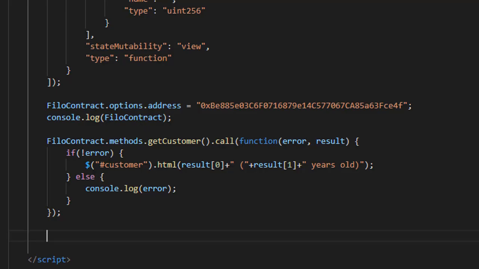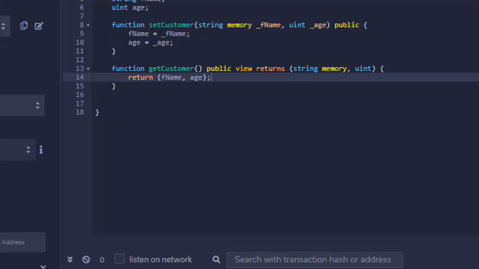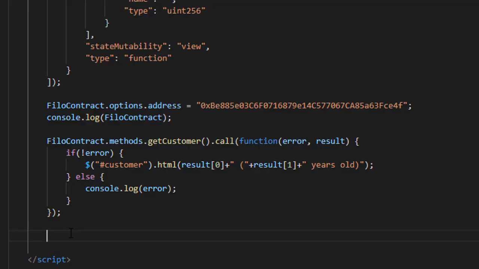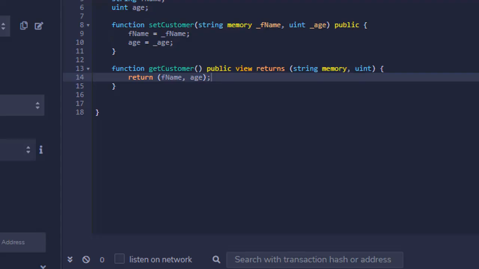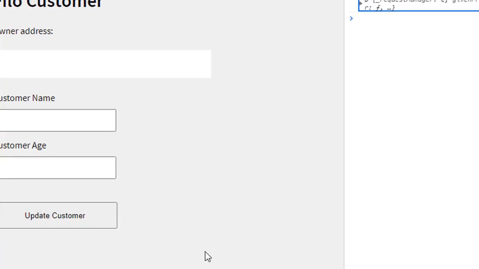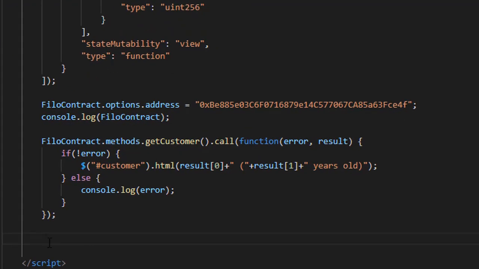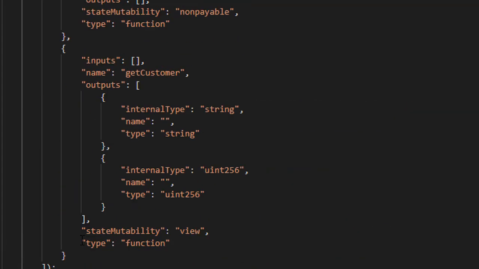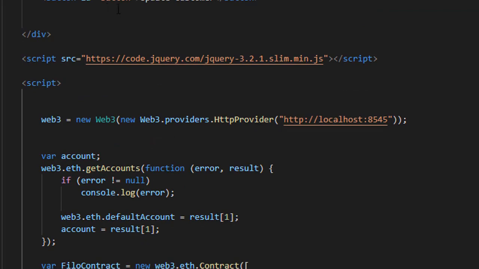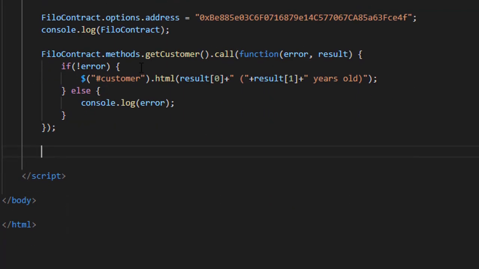Next we are going to add the method to set the customer. For doing that, whenever we click this update customer button, it will set the customer. So for that we are going to add the click function on this button using jQuery.